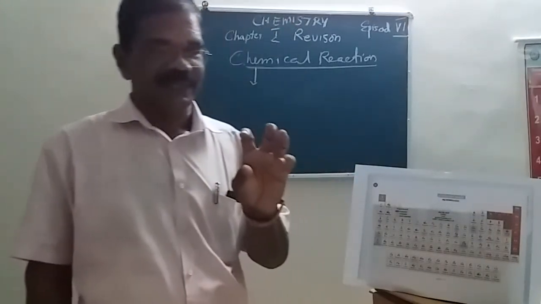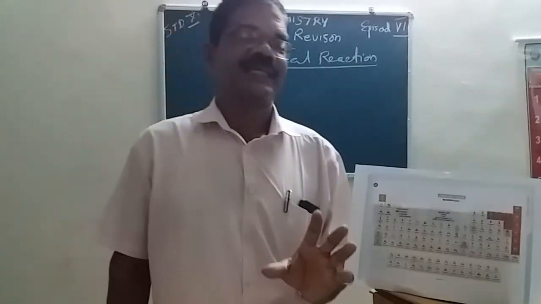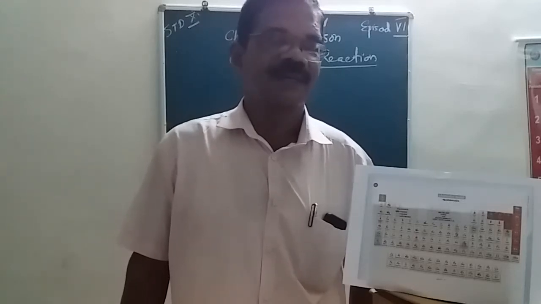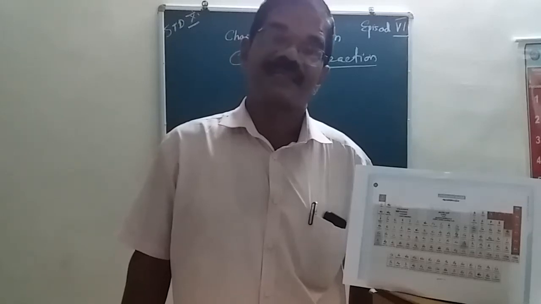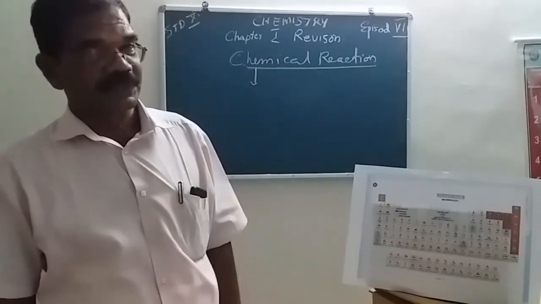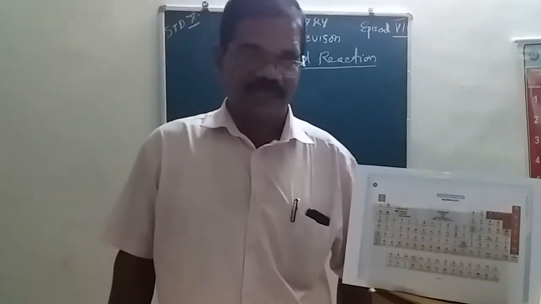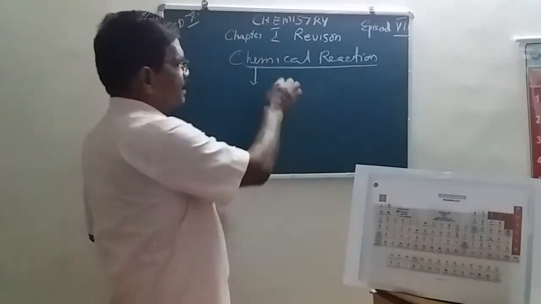We can note one change: in a chemical reaction, there is an evolution of a gas. Can you give an example? The reaction between zinc and sulfuric acid. Zinc sulfate and hydrogen are produced. The first change we can see is the evolution of a gas,